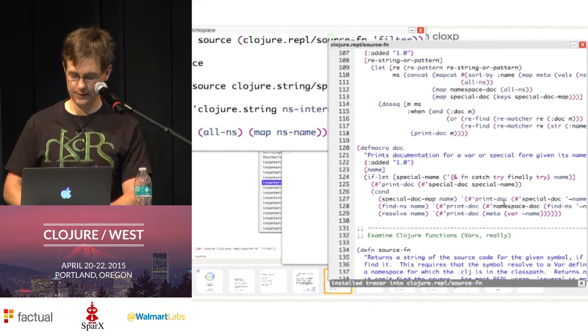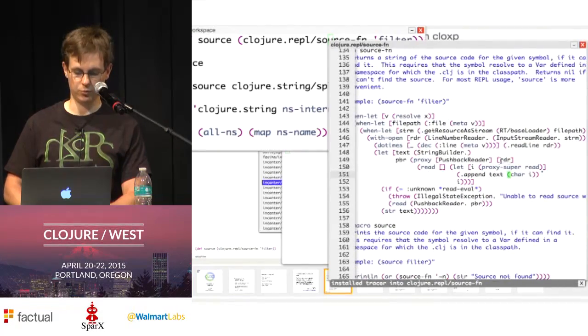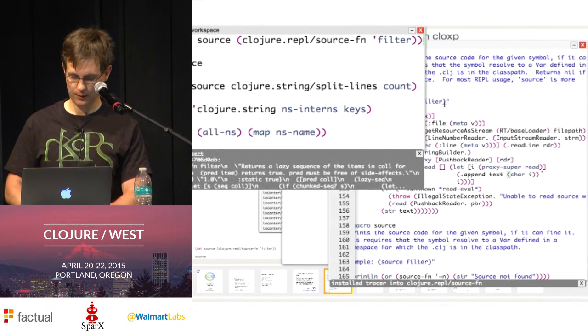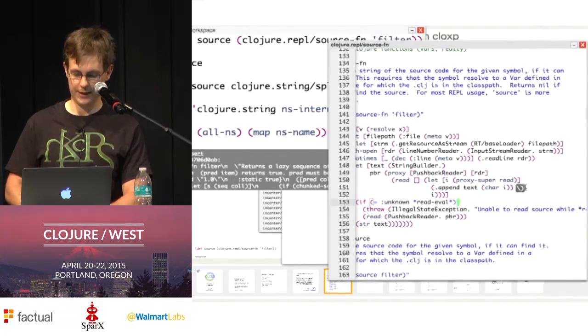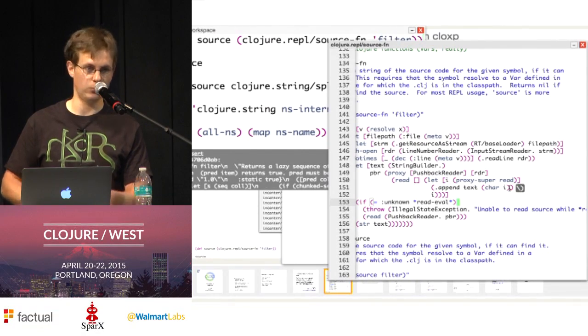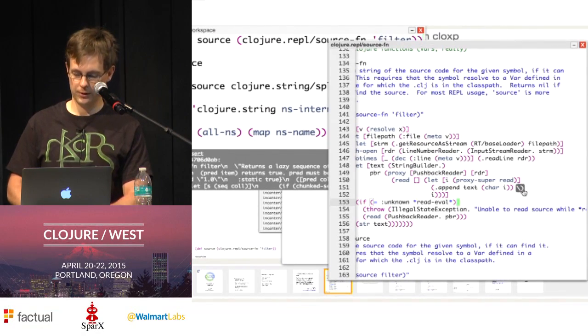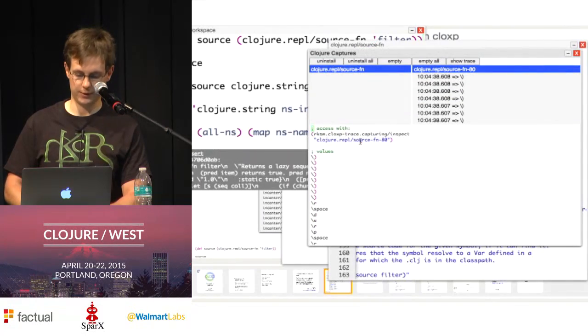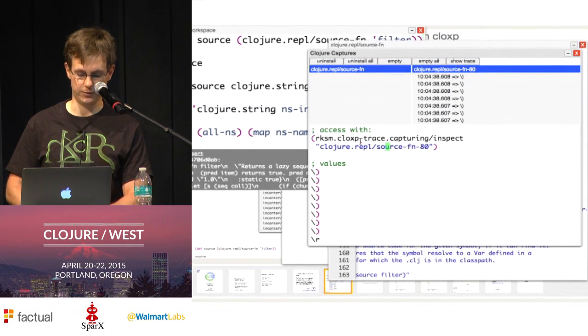We are reading through the source code of a function and we call it again with the filter function. Then we will be able to see all the values that flow through this code. And here we are also able to inspect that. And so these are just the char values that were used to read in the source code